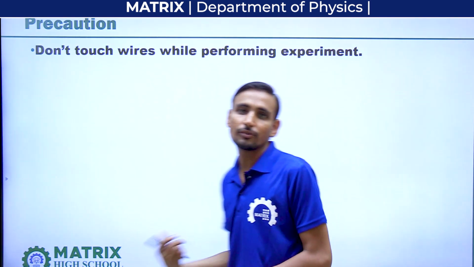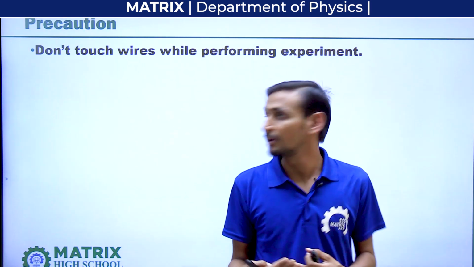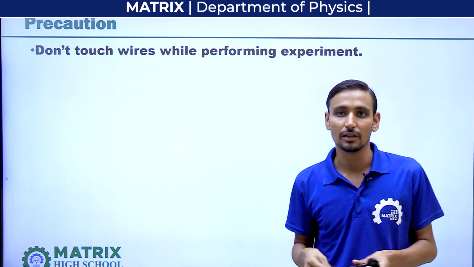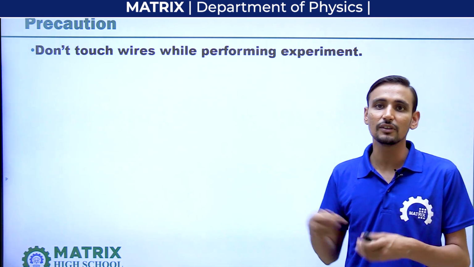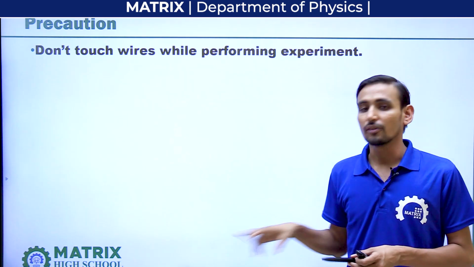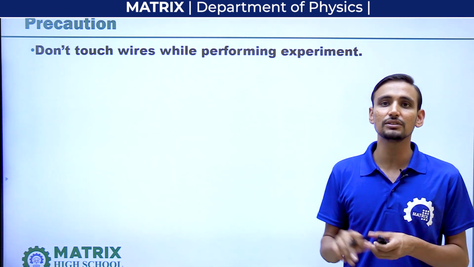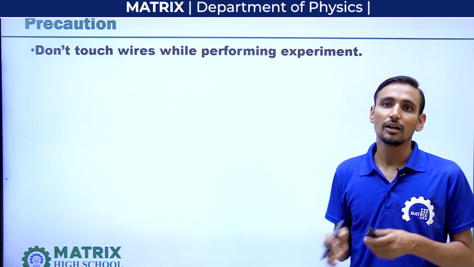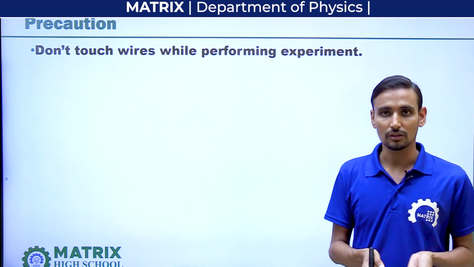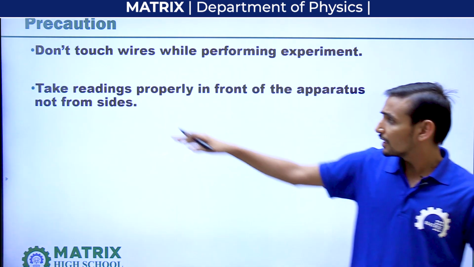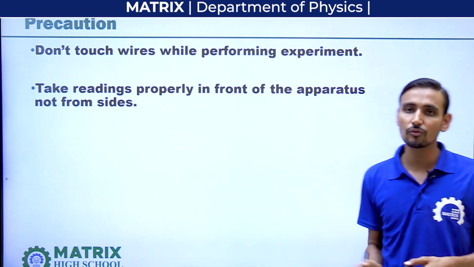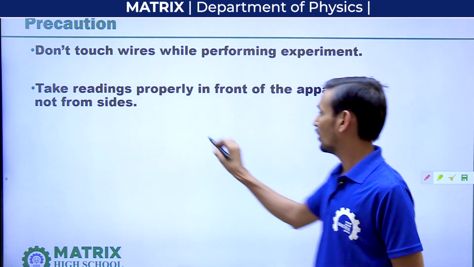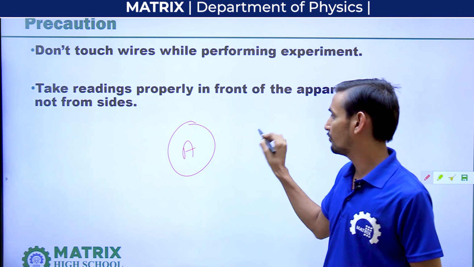Next is precautions when we are performing the experiment. So first precaution is don't touch wires while performing the experiment. When you perform the experiment physically, then you don't have to touch the wires, because if you touch the wires, then there will be change in the values of different variables in the equation, and final result will be different from the original result. Take reading properly in front of the apparatus, not from the side. On ammeter and voltmeter,